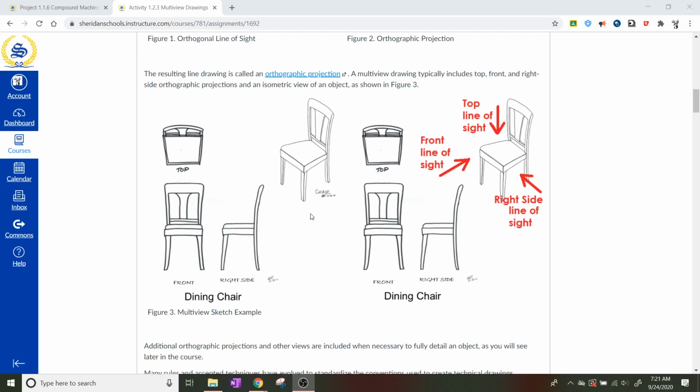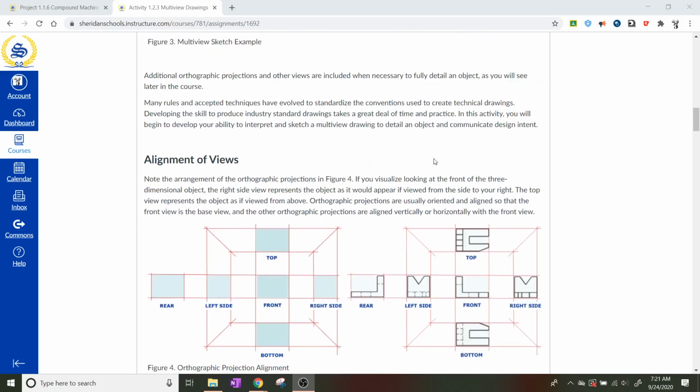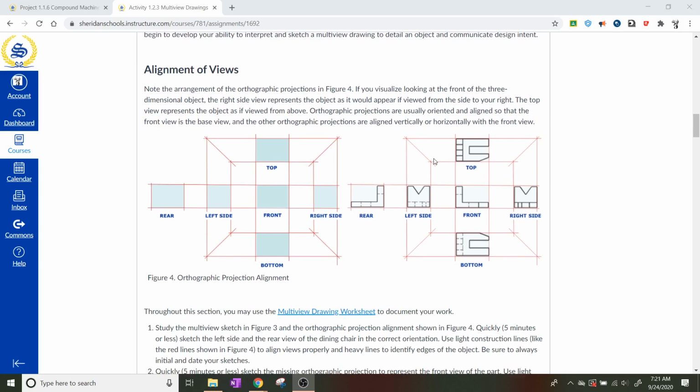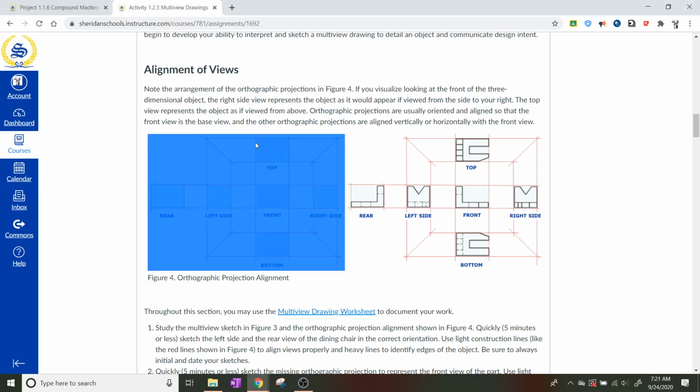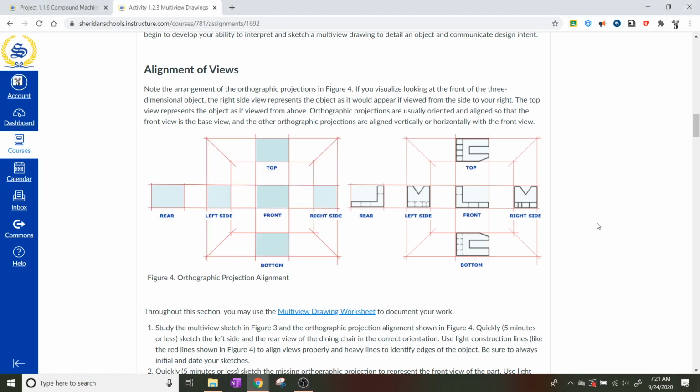Okay, and let's see here. If you're trying to align your views, if you're making a multi-view object, what you would do is you would put the front view in the center of the page. And normally what we end up doing is we normally only include